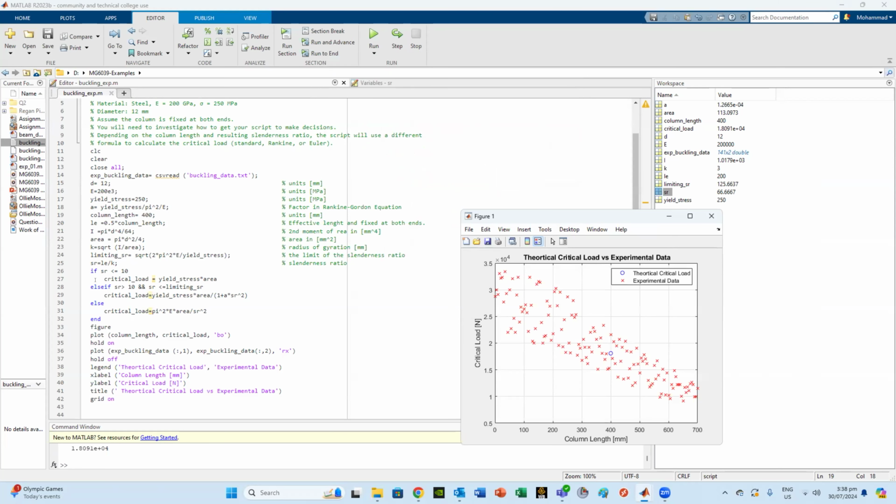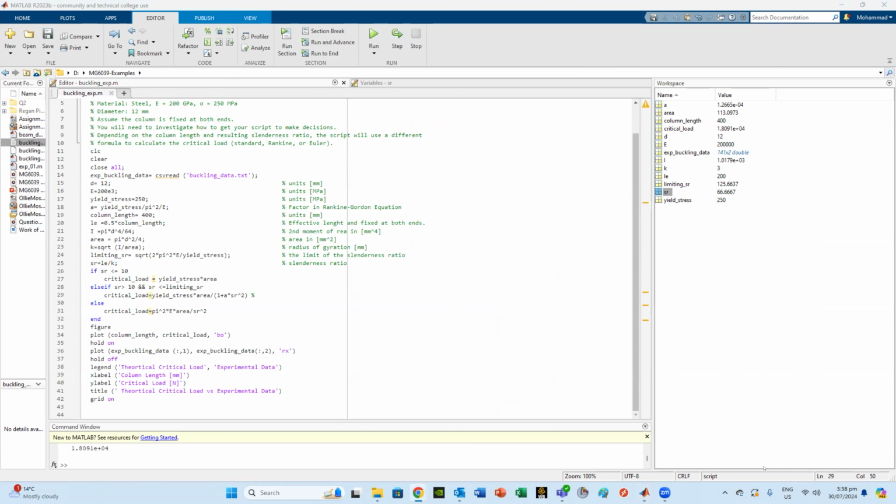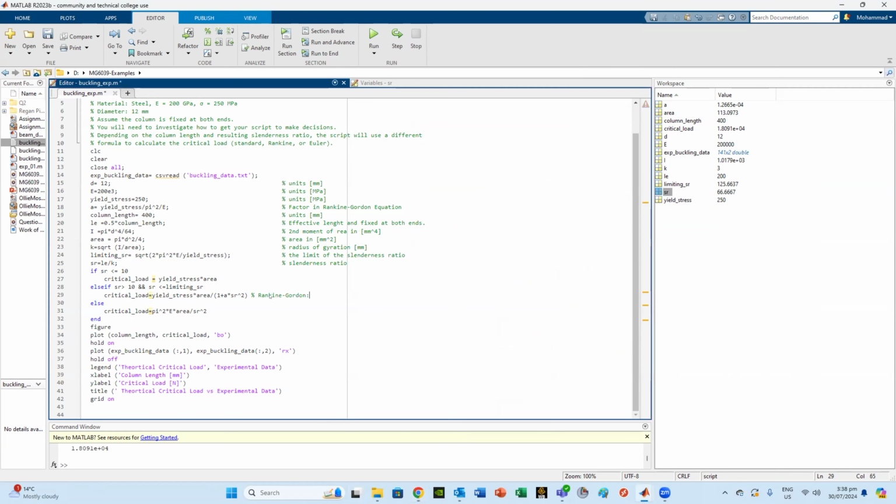Now, if the slenderness ratio is bigger than 10, or the slenderness ratio is less than or equal to the limiting, remember the limiting as we calculated here, you can see limiting is 125, then it should go and calculate the critical load using, I could really just put, this would be Rankine-Gordon theory,